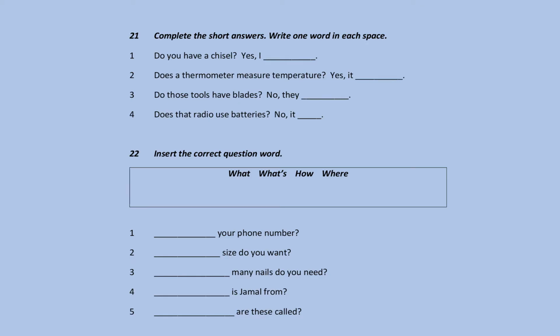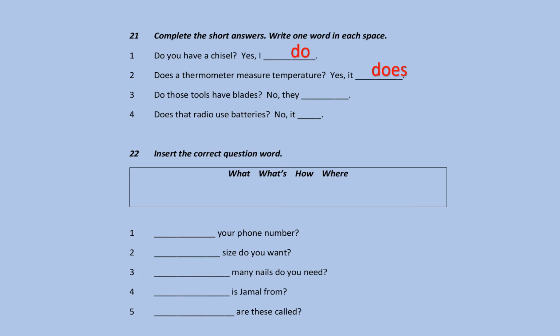Number 21, complete the short answers. Write one word in each space. Number 1, do you have a chisel? Yes, I do. When we ask with do, the answer is with do or don't. Number 2, does a thermometer measure temperature? Yes, it does. And here, when we start the question with does, the answer is